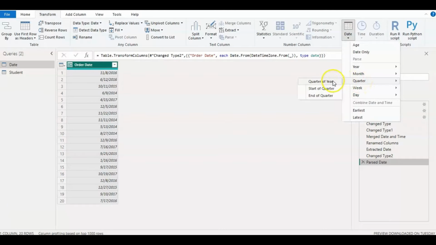Let's discuss about this quarter option. Here we will get three options: quarter of year, start of quarter, and end of quarter. There are 4 quarters in a year. 1st of January to 31st of March falls under first quarter. 1st of April to 30th of June falls under second quarter. 1st of July to 30th September falls under third quarter, and 1st of October to 31st of December falls under